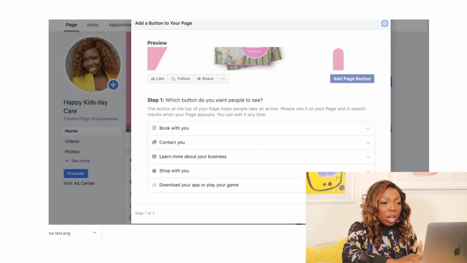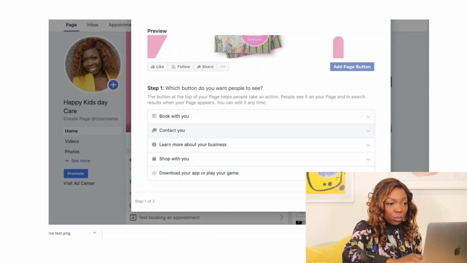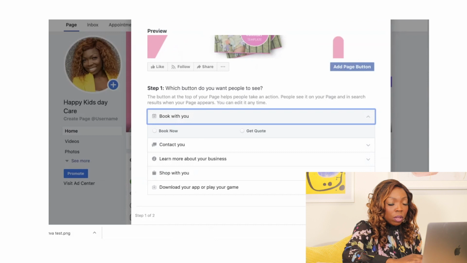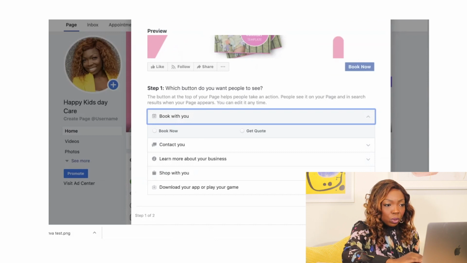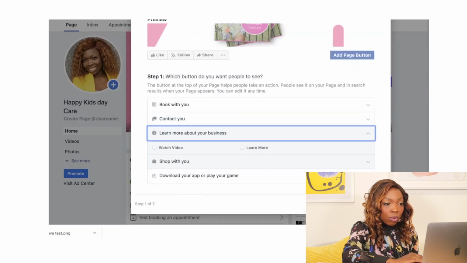And Facebook gives you 1, 2, 3, 4, 5 different categories, right? Of things you want them to do. So if we click on book now, you want them to book something, or do you want them to contact you? Do you want them to learn more about your business, etc.? Okay, so I like to go for the learn more. So if I click on learn more,